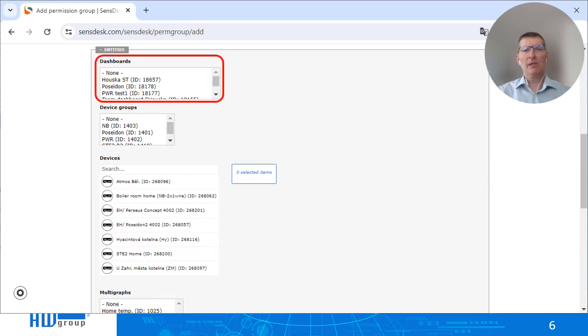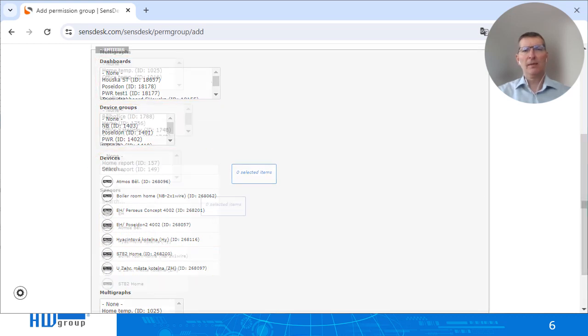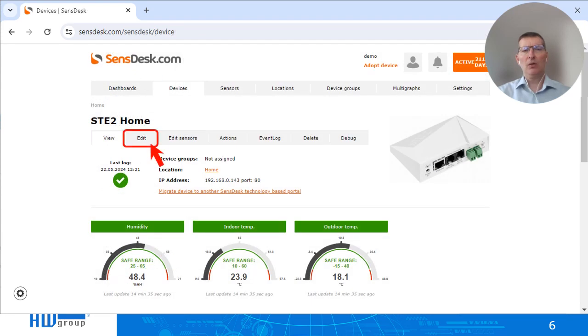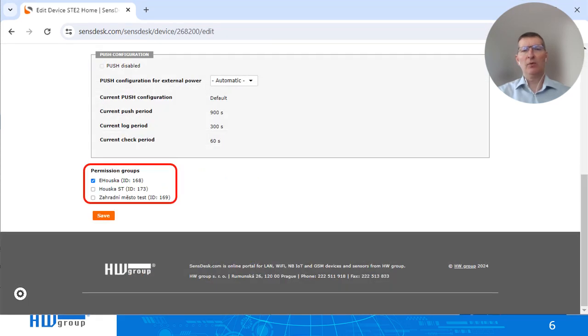You can set the visibility of dashboards, device groups, devices, multigraphs, locations, reports, and sensors. If you want to fully use permission groups, everything must be assigned to a permission group. You can also assign groups directly to individual components, for example here for a device.